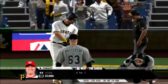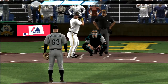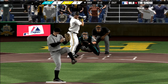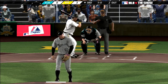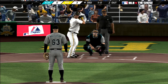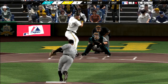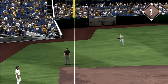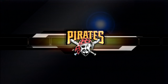Adam Dunn will step in. He's 0 for 1 thus far. And that misses inside, 1-0. And now you can see Ramirez swung well around to the right here in the overshift. Here's the 1-0. Little late on this one as it's lifted the other way down the left field line. And he's able to get there on the long run, and he covered a lot of ground there